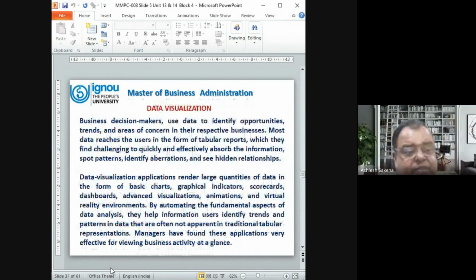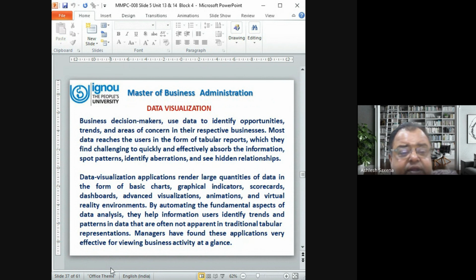Data visualization. Visualization means the data now is in the form of output. Business decision makers use data to identify opportunities, trends, and areas of concern in their respective businesses. Most data reaches the users in the form of tabular reports, which they find challenging to quickly and effectively absorb the information, spot patterns, identify abbreviations, and see hidden relationships. Data visualization applications render large quantities of data in the form of basic charts, graphical indicators, scorecards, dashboards, advanced visualization,